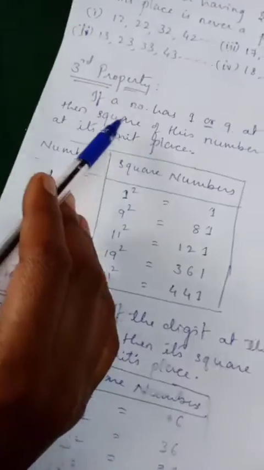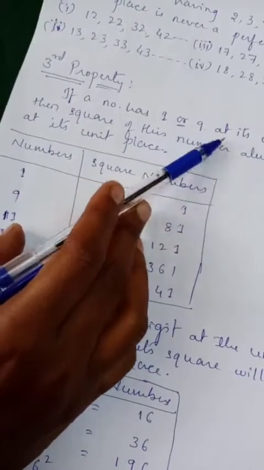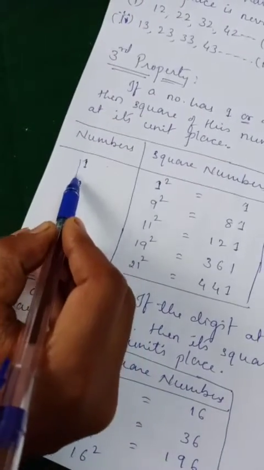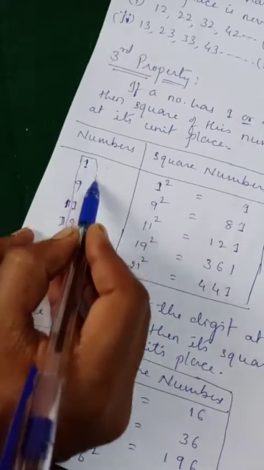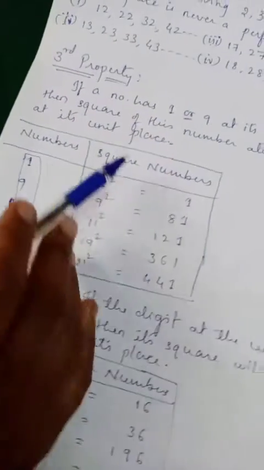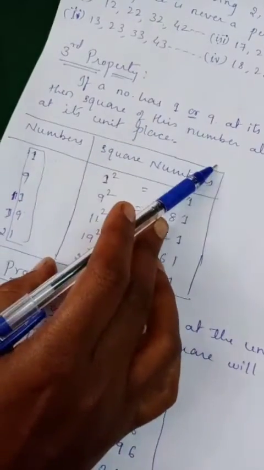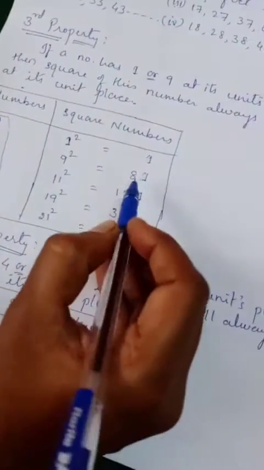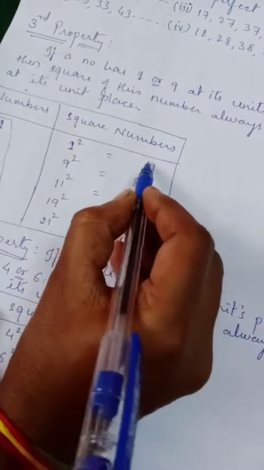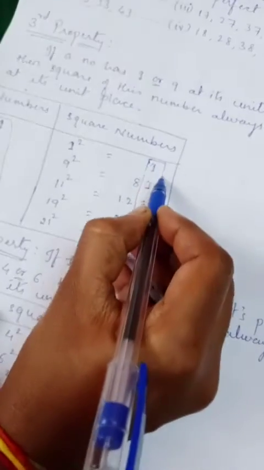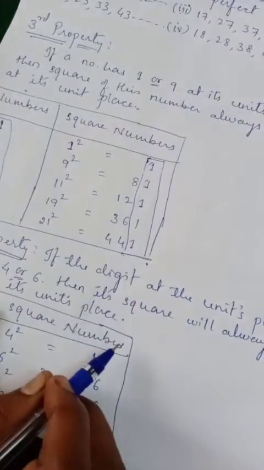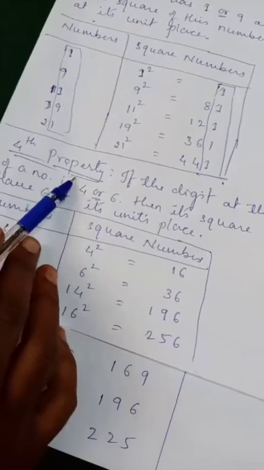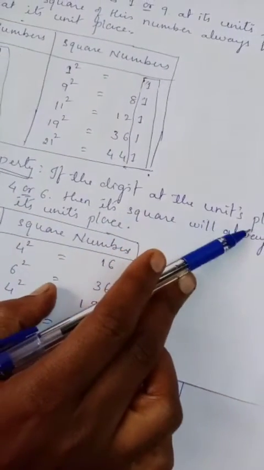Then third property, if a number has 1 or 9 at its unit place, then the square of this number always has 1 at its unit place. Got it? Then the fourth property is if the digit at the units place